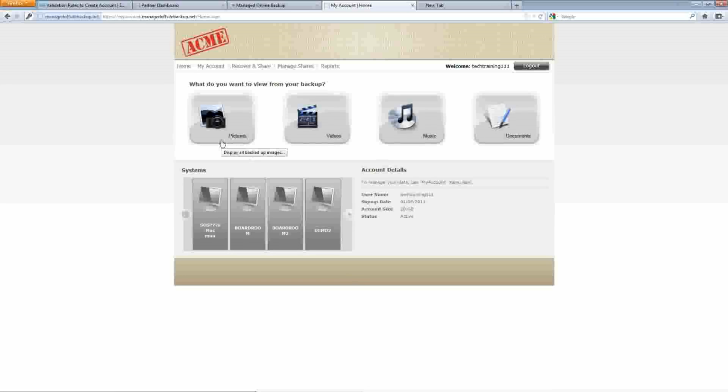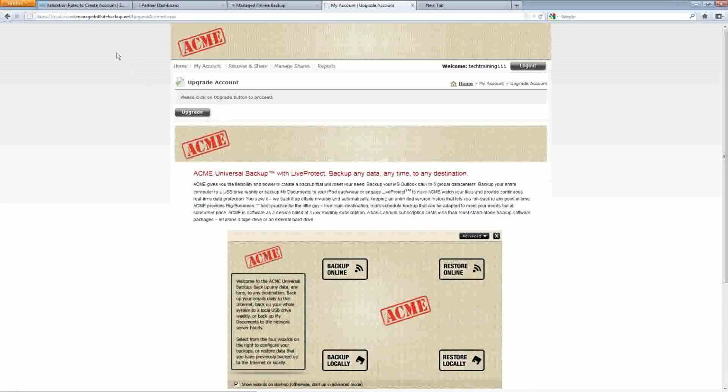Okay, so here it is. Here's what it looks like if it's been used. So you have all the machine names down here. Gives you some basic information. I can change my password or upgrade. Upgrade just goes back to your main website. So if I were to hit upgrade account, it's going to take me to this page. Actually, for this demo purpose, this was a legacy landing page, so it actually just takes you back to the